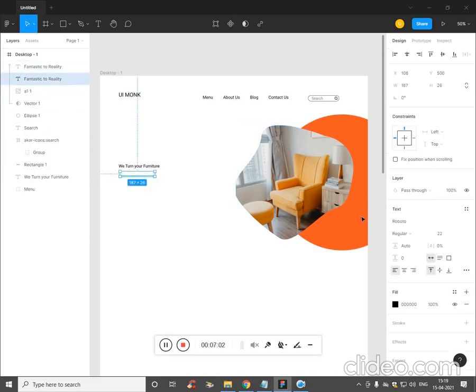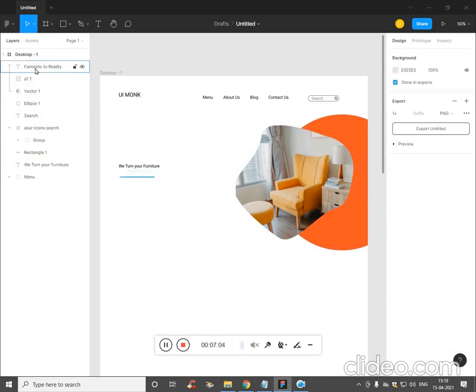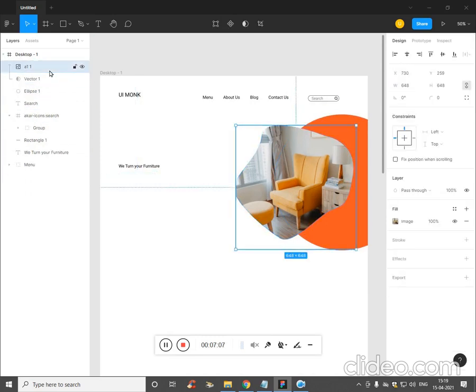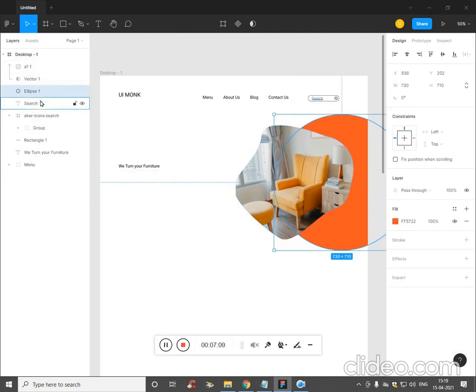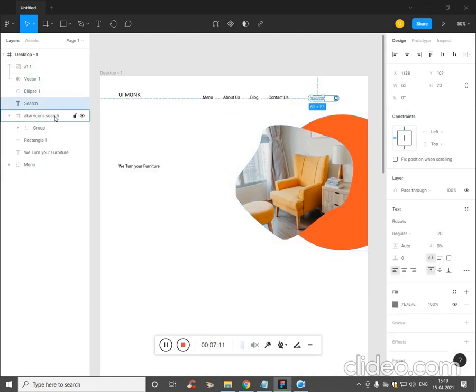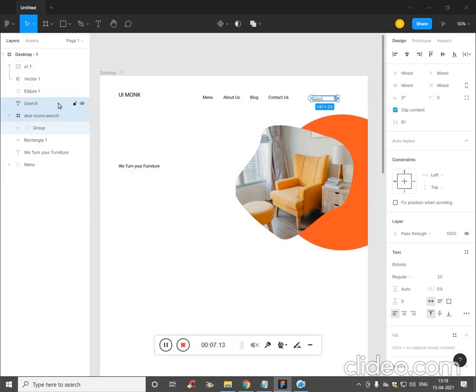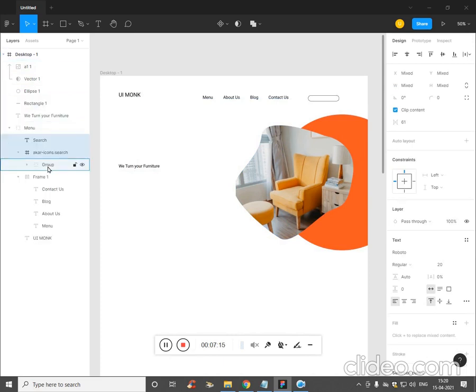To be honest, it is not showing up. Let me see why. Delete this. We have the vector. Okay, this search also comes inside the menu.